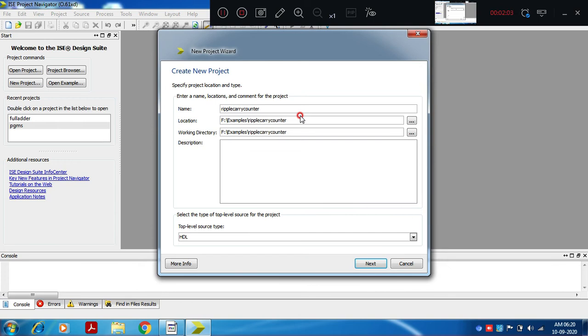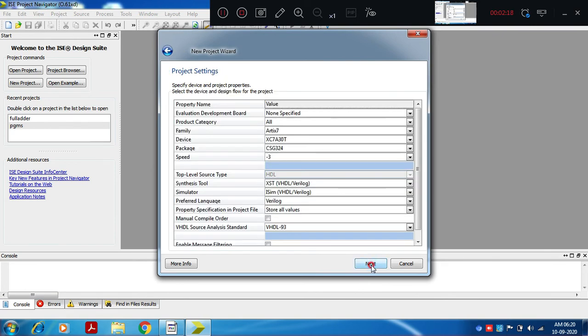So only we are writing, if you want to separate, use an underscore. Ripple carry counter, where the underscore is used to join two strings. Synthesis tool XST, simulator ISim.